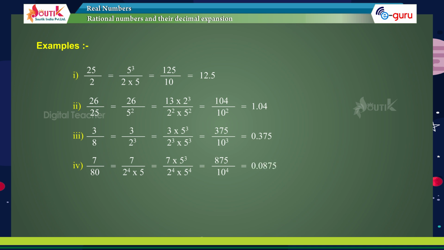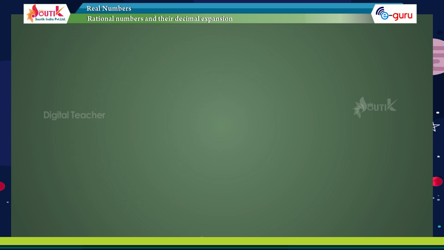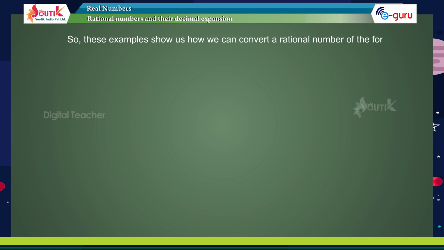equals 0.0875. 1 by 4000 equals 1 by 2 to the power of 5 into 5 to the power of 3, equals 5 to the power of 2 by 2 to the power of 5 into 5 to the power of 5, equals 25 by 10 to the power of 5, equals 0.00025. So, these examples show us how we can convert a rational number of the form p by q, where